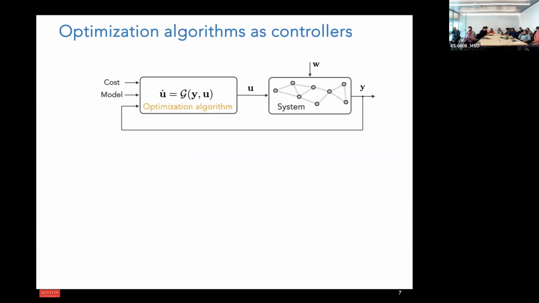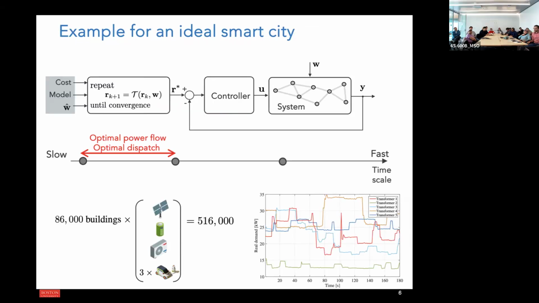Question. Yes. In your abstraction here, the main challenge is tractability only. Is that the only challenge in the diagram that we had in the previous slide? Thank you so much. Excellent question. So one challenge is computational tractability, but the second challenge, which will be emphasized especially in the context of power systems, is the fact that we may not be able to observe or collect information regarding the exogenous inputs W. In the context of power systems, this W can be a high-dimensional vector that collects all the active and reactive powers from non-controllable systems. And we would like to regulate and control our system without having access to this vector here.